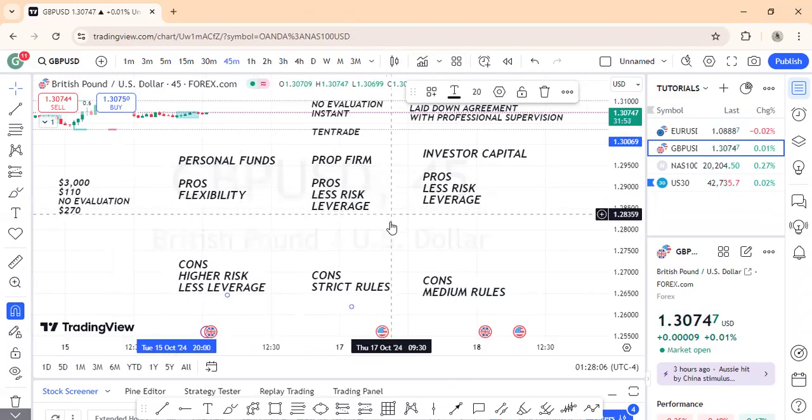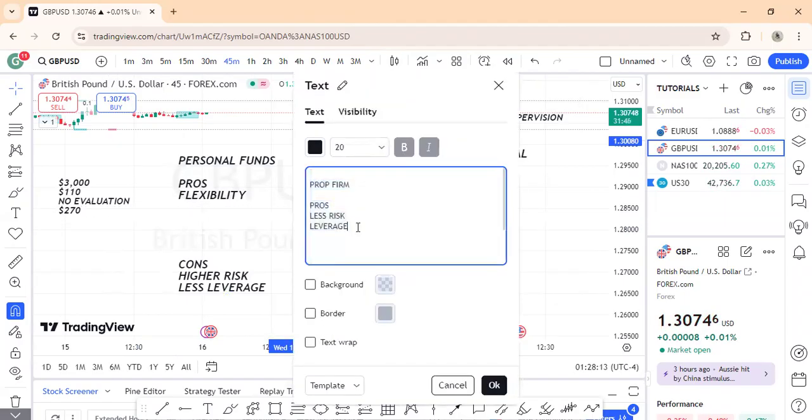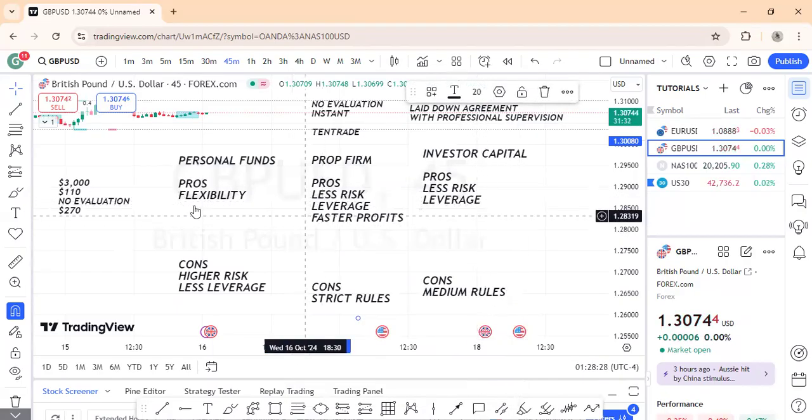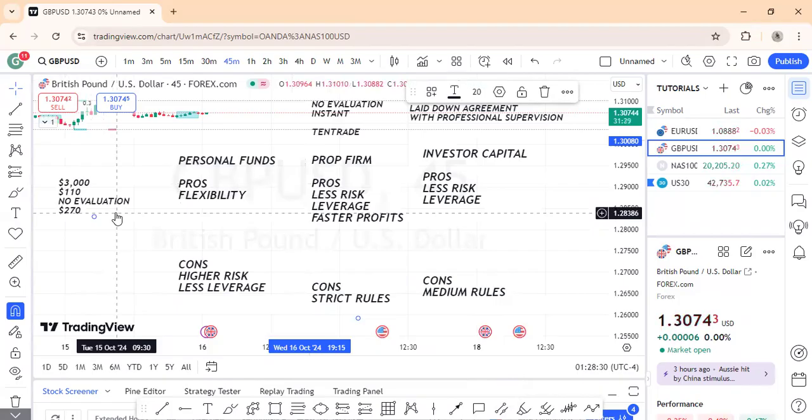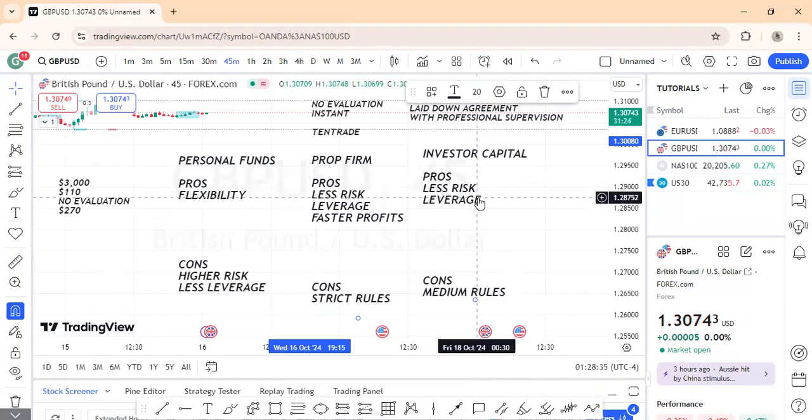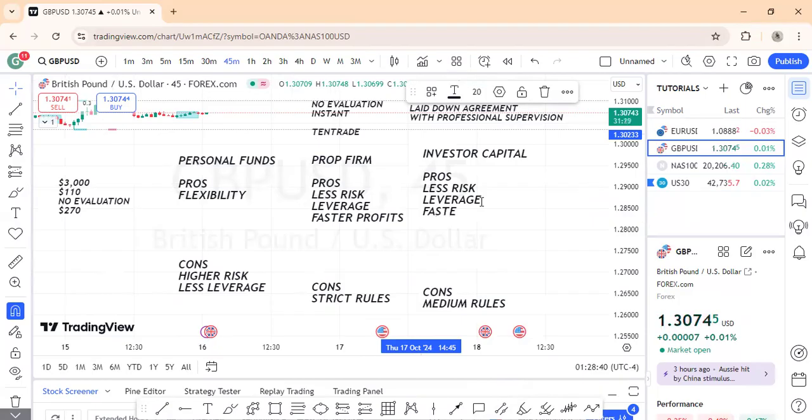And then when it comes to prop firms, you can grow your portfolio very fast. So you can grow your profit fast. You can make faster profits without having to do too much. Imagine that you buy a 10K account and you risk $100 per trade. You're making $200 in a single trade. So you can make faster profits, right? It's faster, without much risk. Investors also faster too,